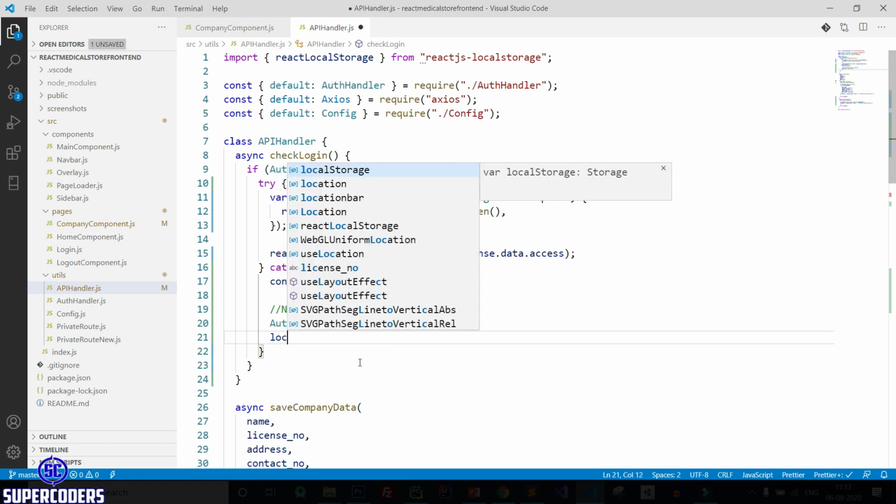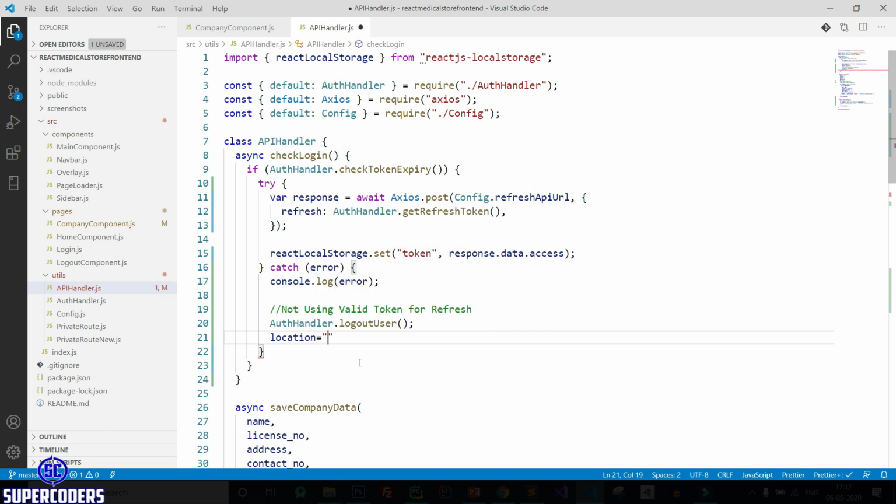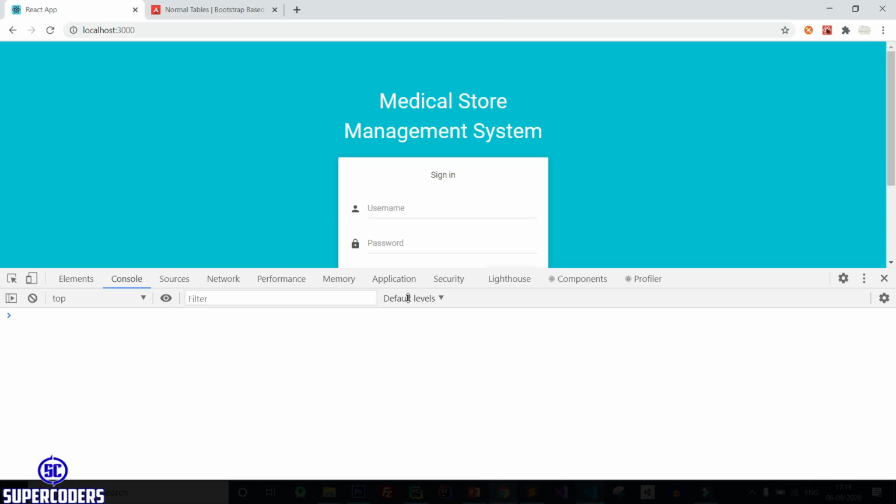So location equal to slash. Now save it. Now let's change this to window dot location. Save it.